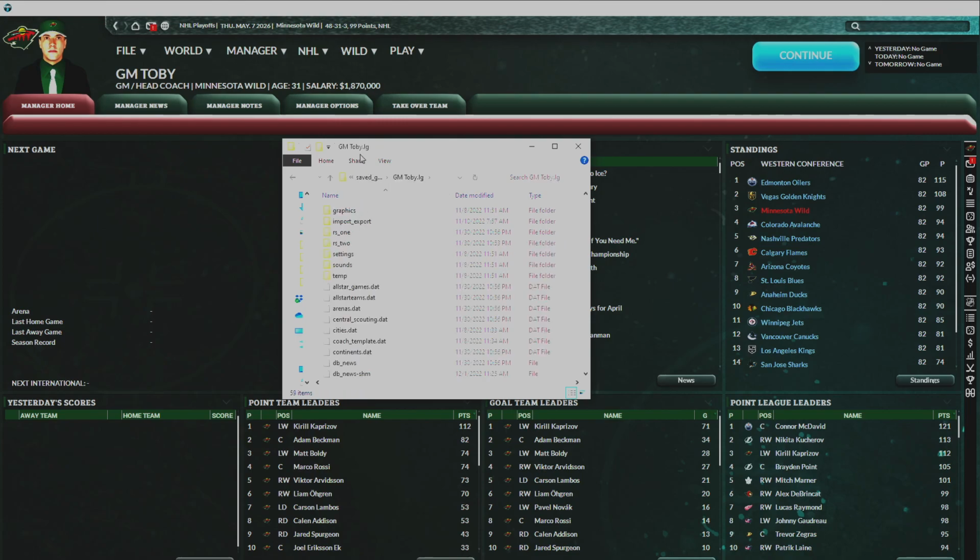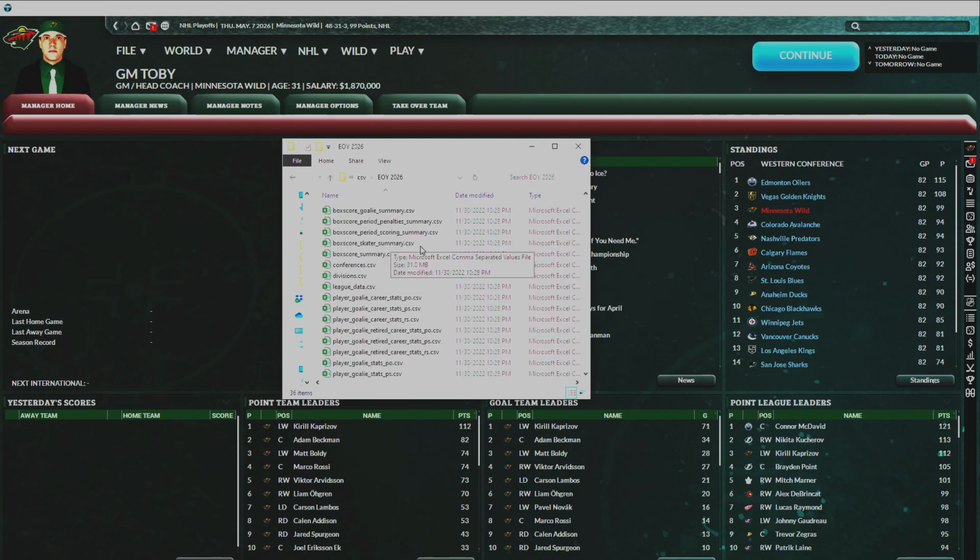So save game, GM Toby, import export, CSV, and then all the files will be here. I put mine into folders based on when they're exported, just so that I can keep them straight, and then I clean it up every new season because I don't really have a desire to look back at prior seasons with the way I use it. But this is what you'll see in that